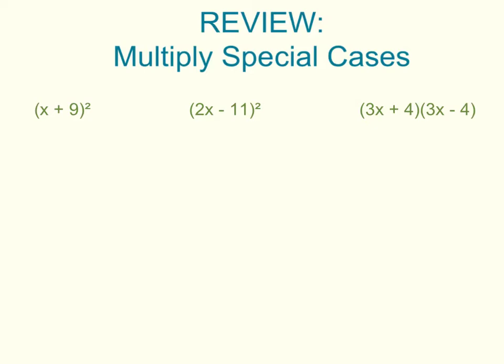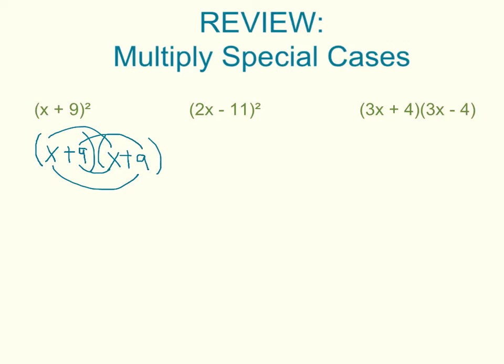Before we learn how to factor special cases, let's do a quick review of how to multiply special cases. So the first one, we have the binomial x plus 9 squared, and if you remember, you can either write it out twice, x plus 9 times itself, x plus 9, and then from there you can FOIL it,